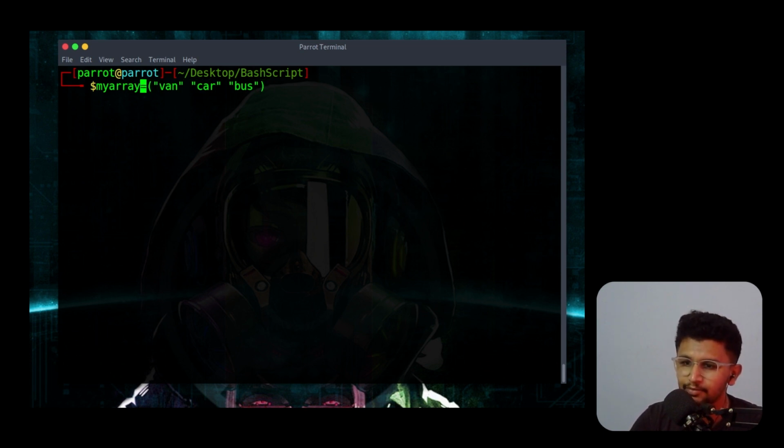I'll edit the array name to vehicle. So this vehicle array contains van, car, and bus. It is separated by spaces. If you use commas, this will basically result in something wrong. So whenever you're writing arrays in a bash script, you should not use commas, you should use spaces between